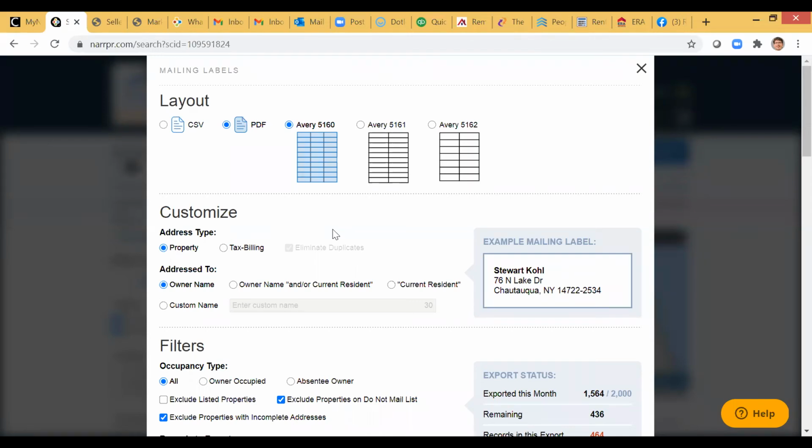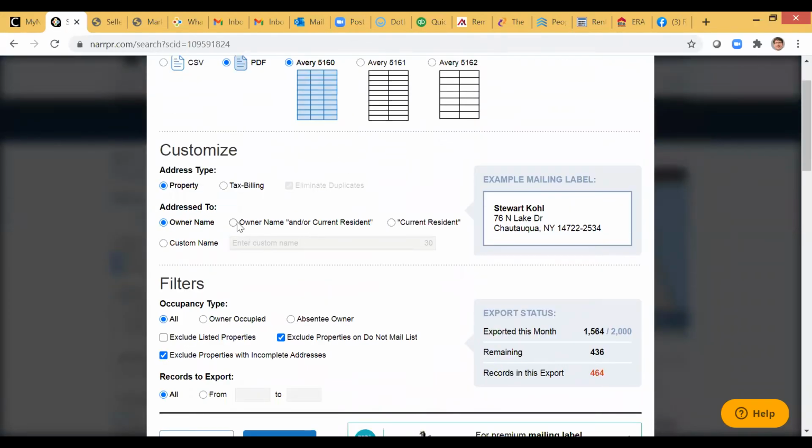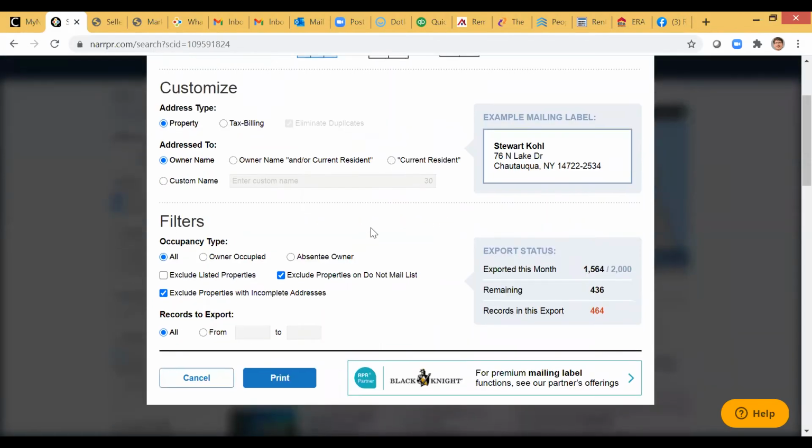Just for the record, I'm always a fan of handwritten. I love the idea of printing the labels, but personally, I'm a huge fan of handwritten. But even at worst, you have the option of current resident, so this would be something maybe Roger would use, knowing some of the addresses aren't perfect. So Stuart Cole or current resident, or you can just go current resident. But if I just did owner name and thought, you know what, I want to do the handwritten